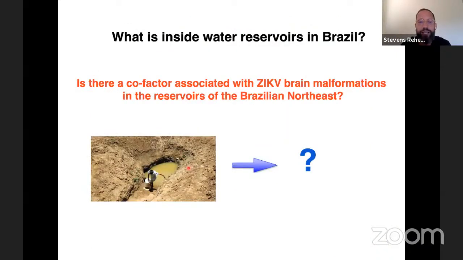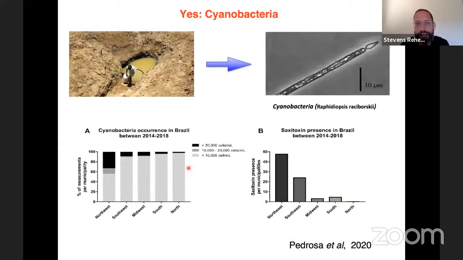And so we decided to check what kind of cofactor could eventually be present in the reservoirs to which the poor people in Brazil, basically the people who were also having the babies with microcephaly, would have access. So we measured it. It was in collaboration with Flávio Lara from Fiocruz, Patrícia Garcês from the Federal University of Rio de Janeiro, and several other folks. We measured the amount of cyanobacteria in the different reservoirs in the different regions of Brazil. You are seeing here in the left graph that almost 50% of the reservoirs in the northeast of Brazil have more than 10,000 cyanobacteria cells per milliliter, compared to the other areas